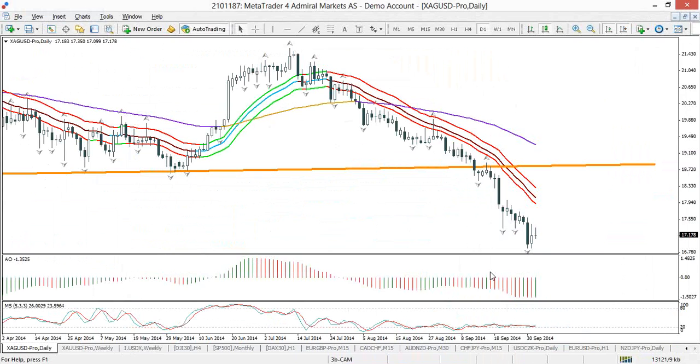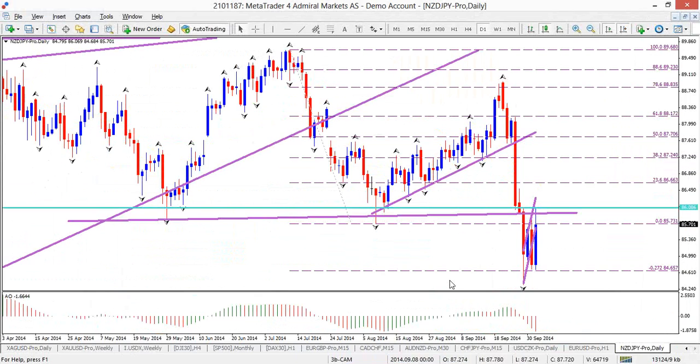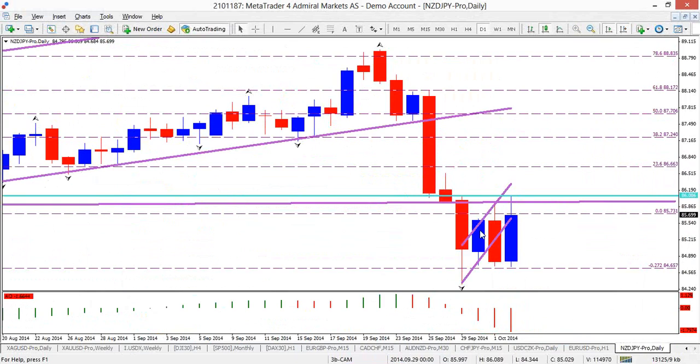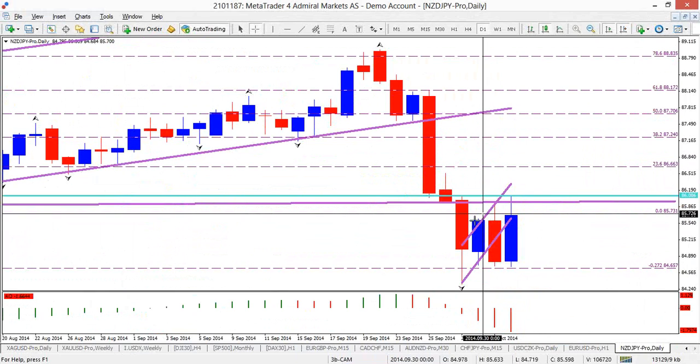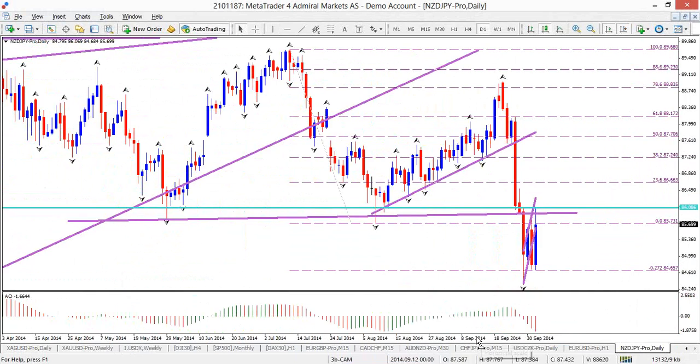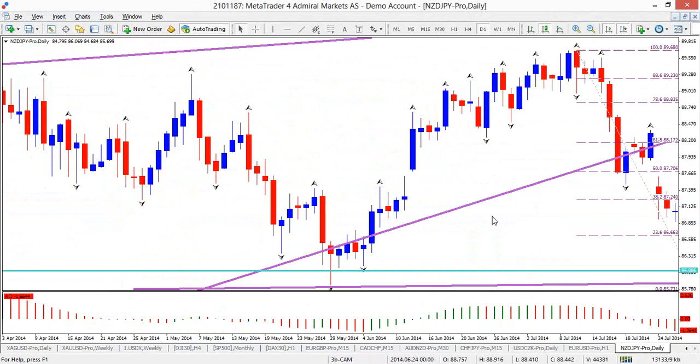Here it is. Oh yeah, I remember we were saying New Zealand yen. I think it was somewhere in here at 85.70 or something like that. I said, well, this could be a retracement of the breakout. I said I wasn't going to trade it, but it did look like